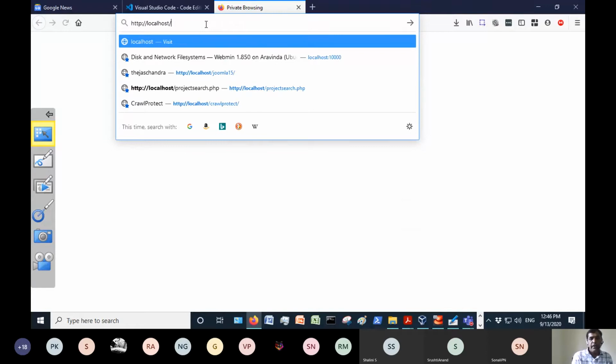You know that every time you want to visit a website, you type HTTP google.com or google.co.in or facebook.com like this, which is the domain name of the server, which will be converted to an IP address. But right now, where is our web server running? Our XAMPP Apache web server is running on the same machine. That is the reason your machine name is localhost. So that's why you are giving localhost. That means you are making an HTTP request to a web server that is running on our local machine. So if your Apache server is up and running, everything is fine.